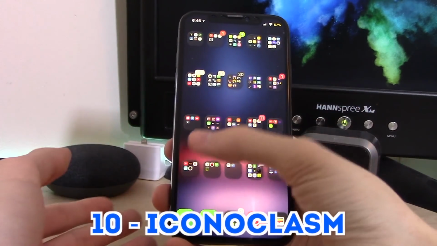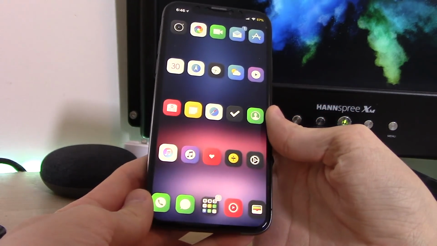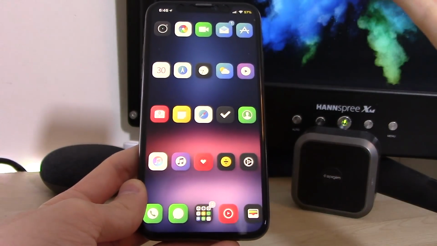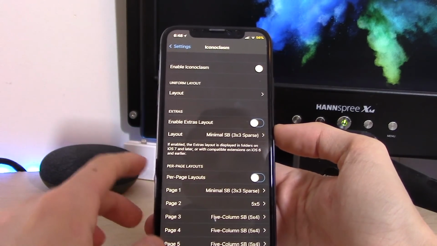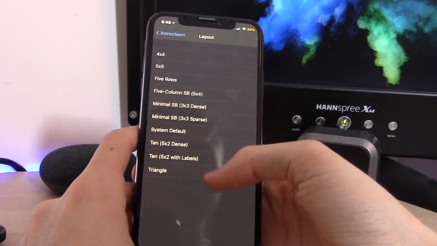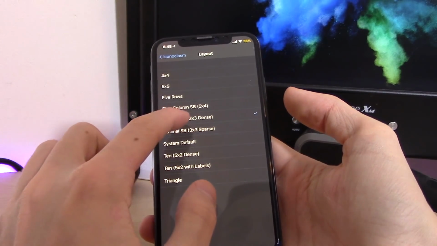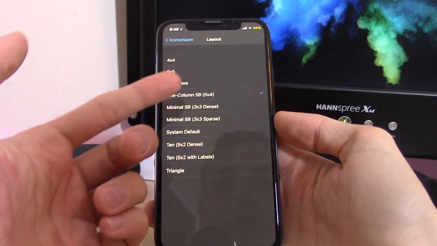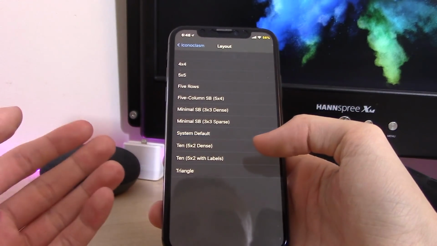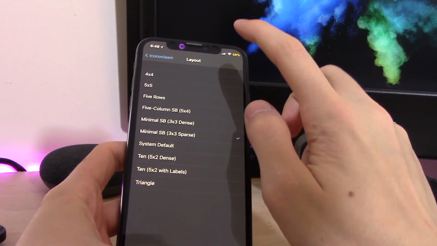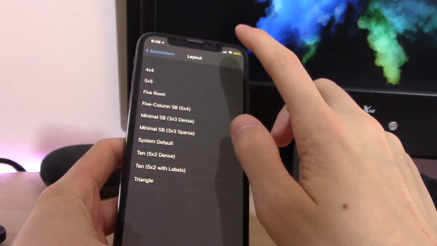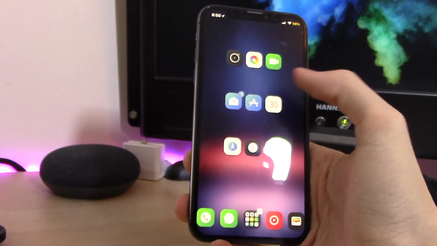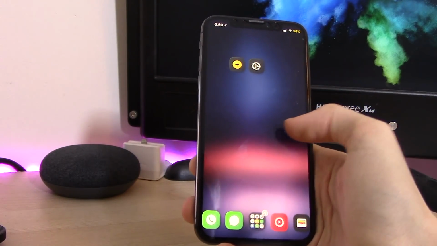Now this next tweak is called IconoClasm. Basically, I've managed to customize the look of my home screen and move icons wherever I want, basically. So in the IconoClasm settings, you can go into the layout here and choose what layout you want. So you can have, for example, a 3x3 icon layout. You can have a 5-column one, a 5x4. You can have the system default. Let's quickly try the 3x3 here. So let's respring. And as you can see, you now have a 3x3 layout here on every single page,